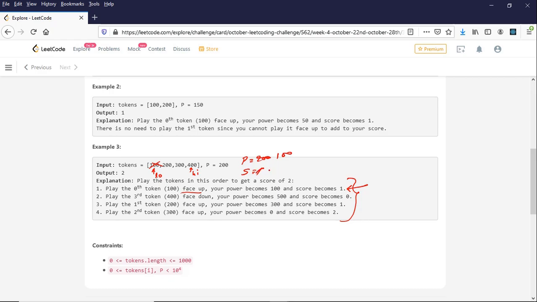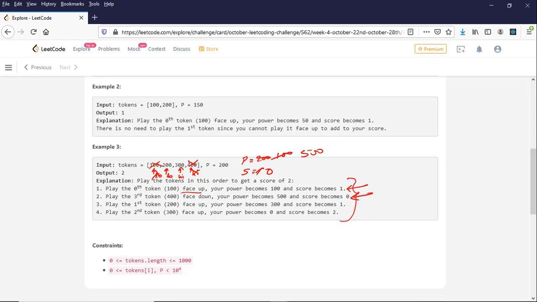So my score will now become 0 and I will get the highest power value, which is now 400. So 400 will get added to the power, and my power will now become 500, and this value will be removed. I will move my high to here, high is now here, this is removed, and low is at 200 and high is at 300. Now I can again do the same step.